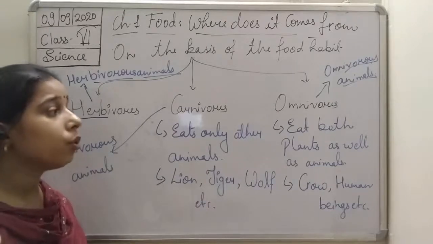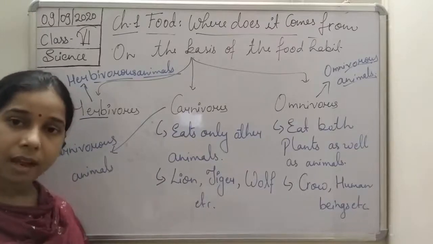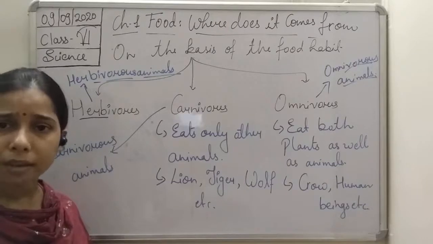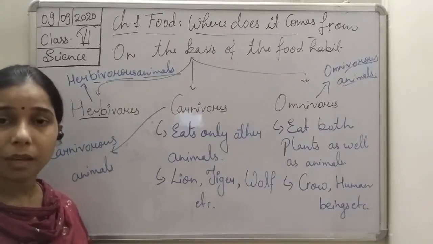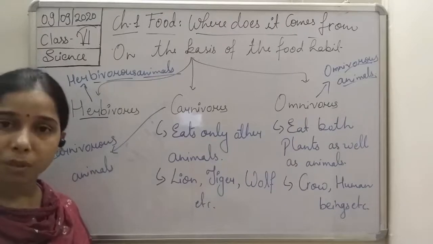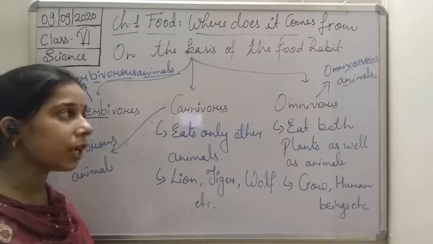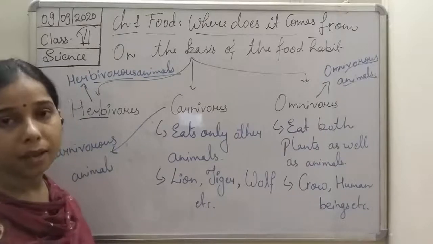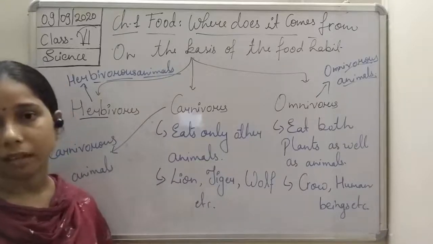If we talk about the omnivorous animals, so they eat both, students, plant as well as that of the animals. Human being is there, crow is there, dog is there, cat is there. So all these are what? They eat both of them. They eat the wheat also, chapati also, they eat the other animals also. So you can say such kind of animals which eat both are known as omnivorous animals. So by these students, the food habit is categorized.